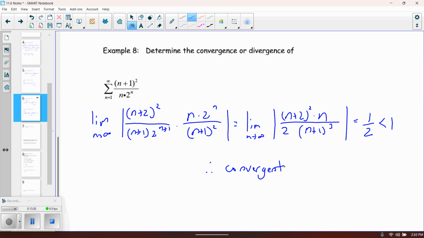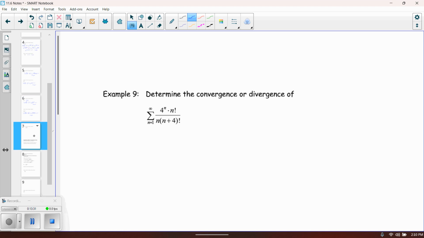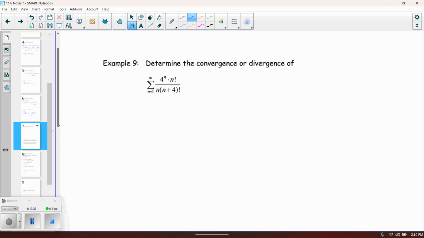All right, I believe that we have one more example. And then we're going to move on to the root test, which we'll come back with another video to do. So let's take a look at this last example here. Got a bunch of stuff going on here with exponentials, factorials, polynomials, all kinds of stuff. This is definitely a good one to try and use the ratio test. So the limit as n goes to